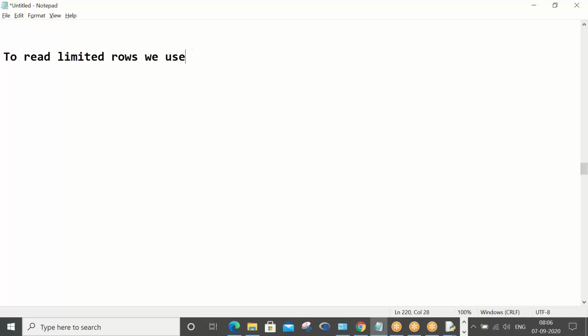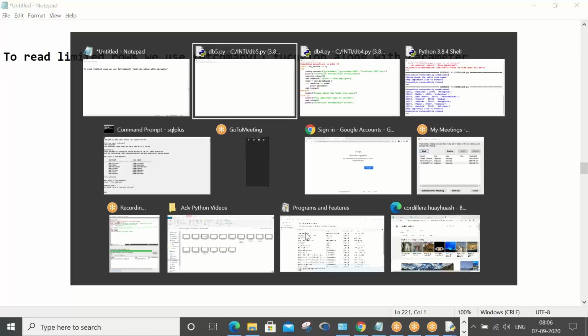We use the fetchmany function along with a parameter. Okay, so I will just show that with an example.